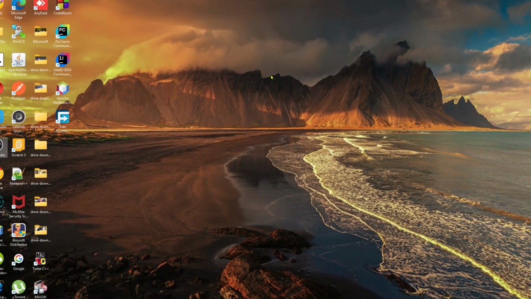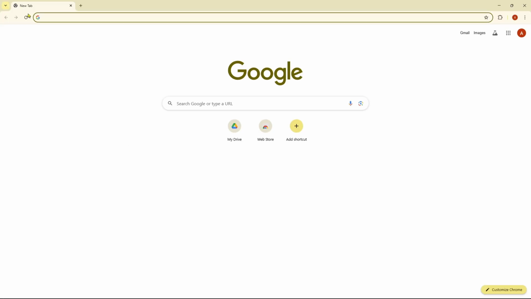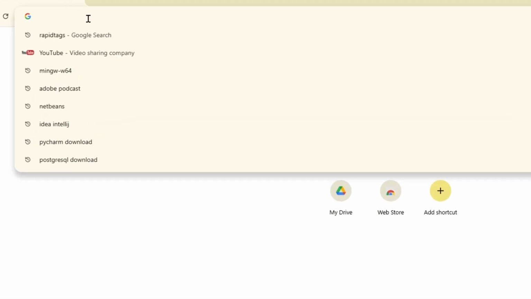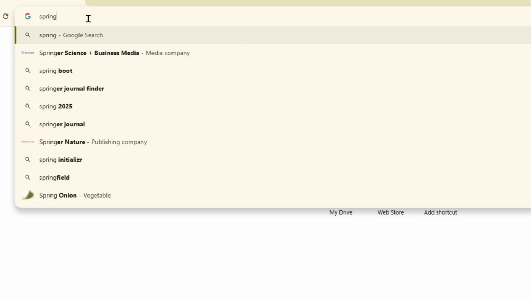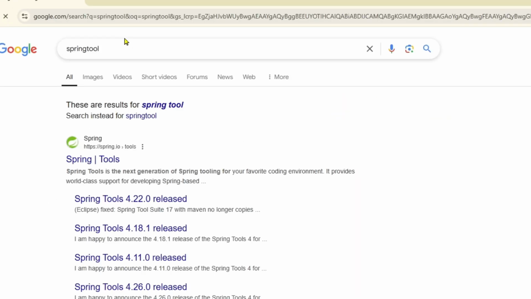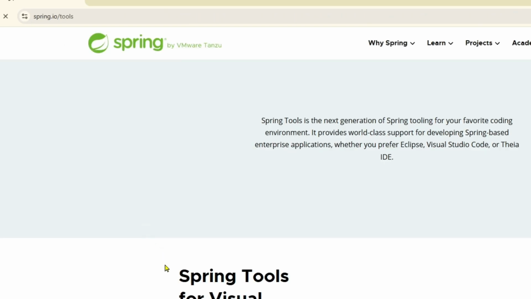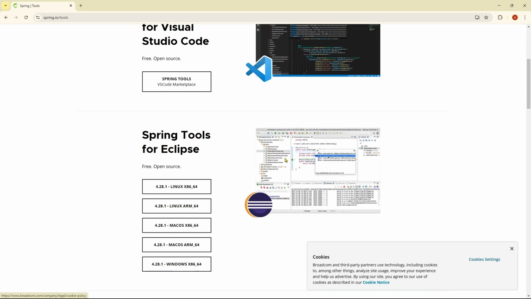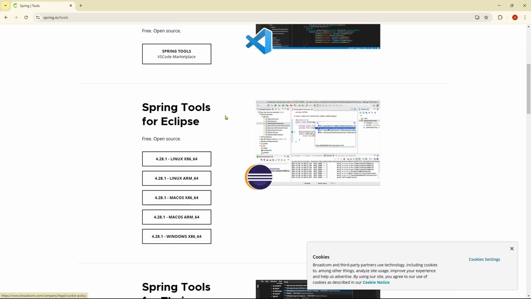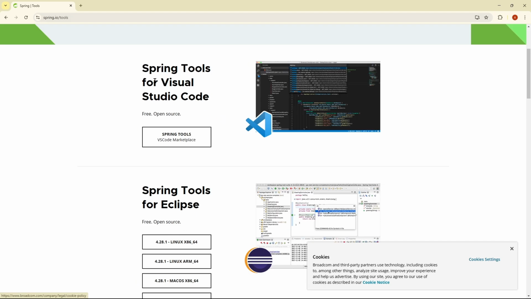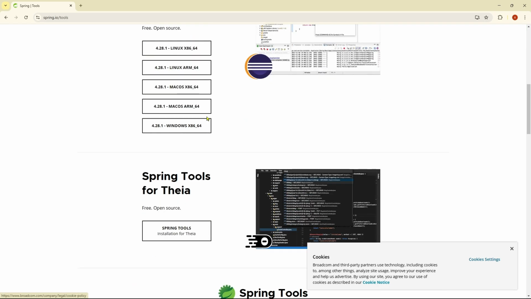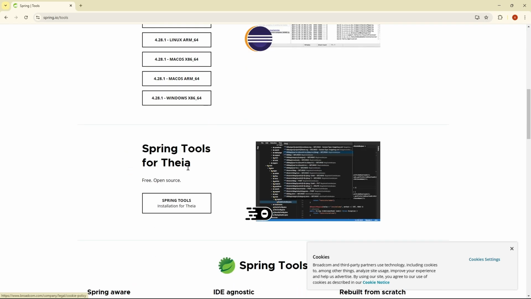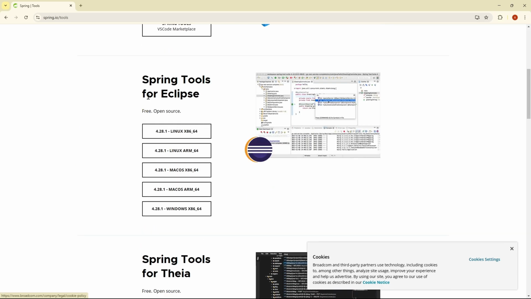And after completing that, close it and then go for any of your favorite browser. And into the search option, you just simply search for Spring Tool. Click on that and then you will get this website called spring.io. Click on this. And after that, if you scroll down a little bit, you'll find this option called Spring Tool for Eclipse, Spring Tool for Visual Studio Code, and Spring Tools for Theia. So we are going to download Spring Tool for Eclipse and then download this version called 4.28.1